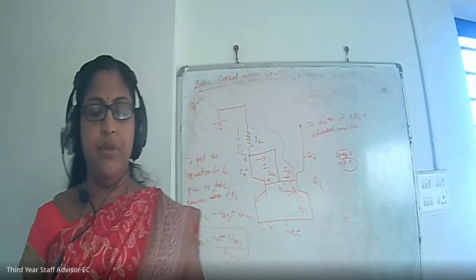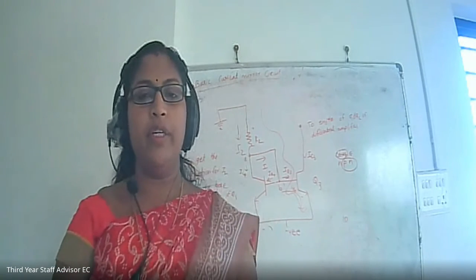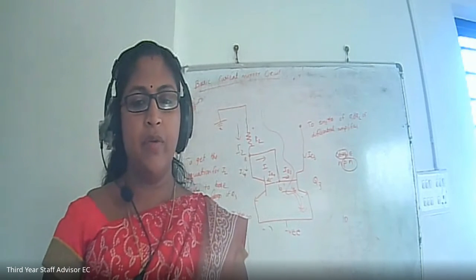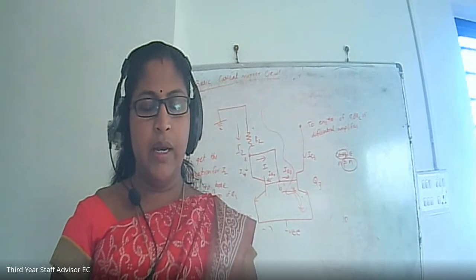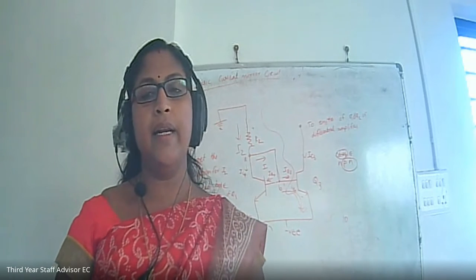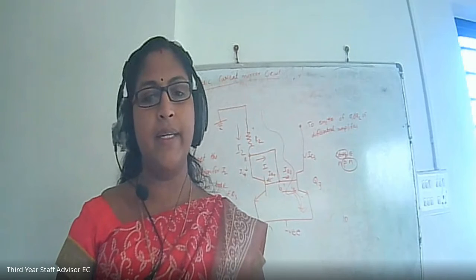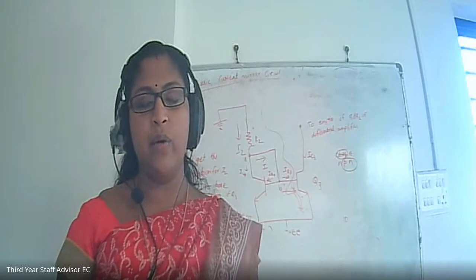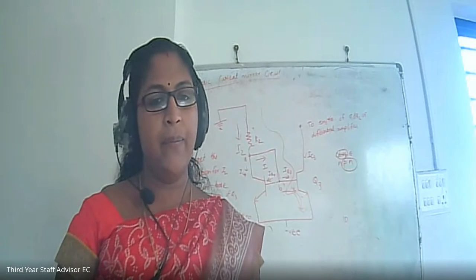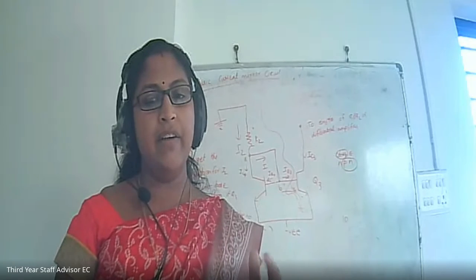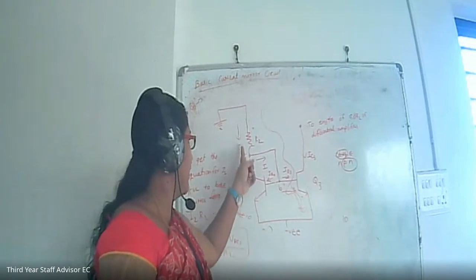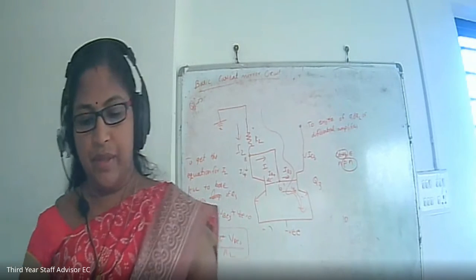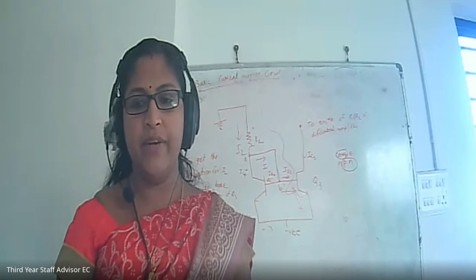You should remember that here the collector currents of both transistors are equal, the base currents are equal, and the base-emitter voltages are equal. The collector and base of transistor Q4 are connected together, so the transistor acts as a diode at the base-emitter region. The collector current I2 will be the same as the emitter current of this transistor. So that is the current mirror circuit. Next we can do some problems.